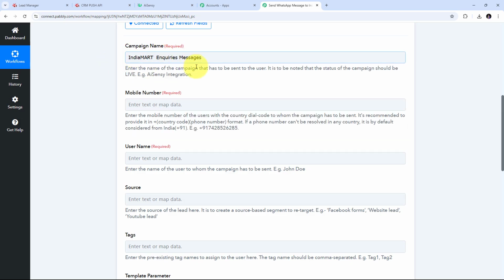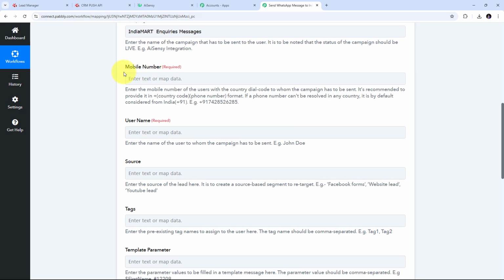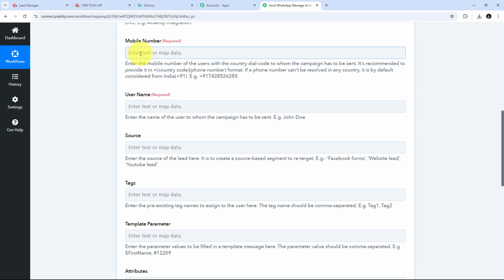So here this is my campaign name, and now what I need to do is I need to give the mobile number. So here what I need to do is I need to give the mobile number of my lead, and I'm going to give that mobile number by using the response from my previous tab of IndiaMART response. So here simply by using all the details from my previous tab, I'm going to get those details, and I'm going to get my IndiaMART lead or inquiry details from my IndiaMART response,